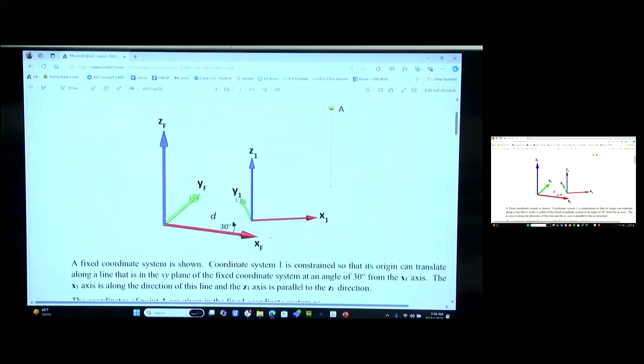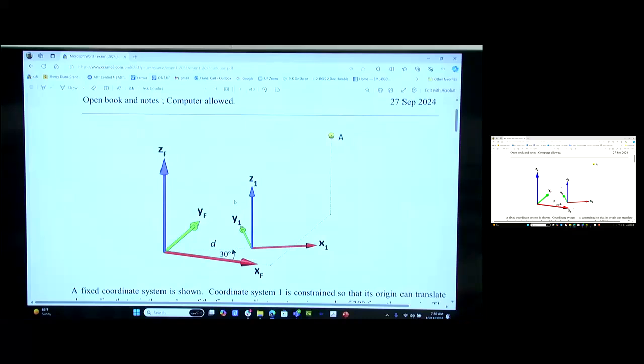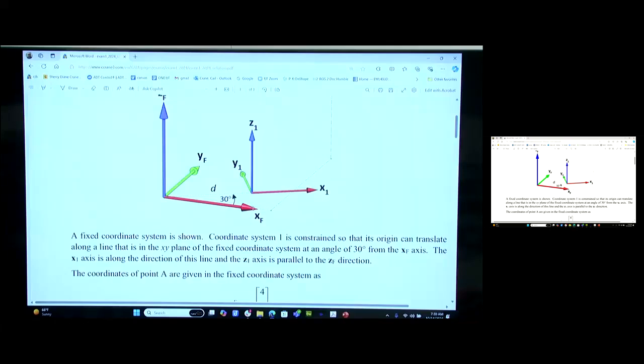So just to go through it really quick, I didn't think it was as complicated as some of the prior exams. It was all based on a point transformation problem. What we've got here is this coordinate system 1. We don't know where its origin is relative to the fixed frame, but we know it's some distance d along that direction that's 30 degrees from the x-axis as measured about the z. And so if I want to get that transformation matrix,